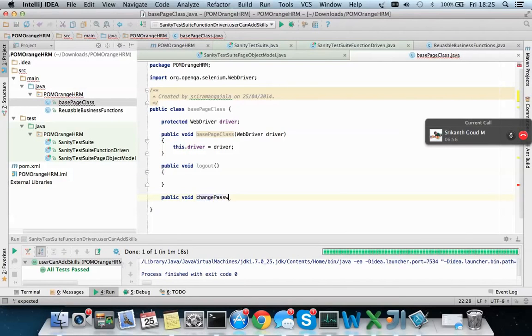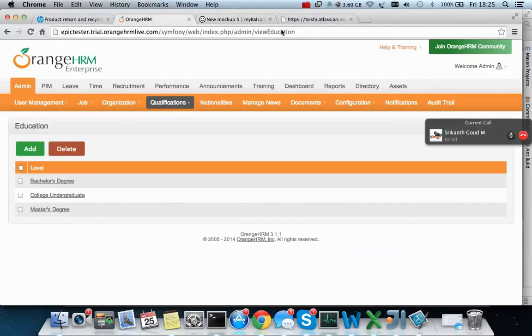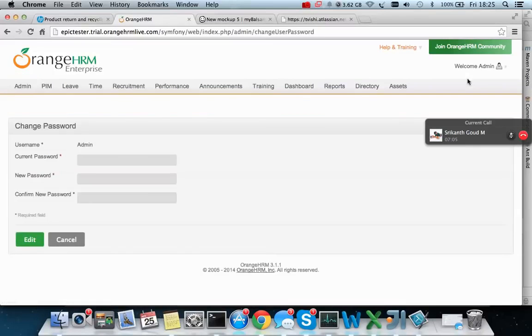Change password. So for change password, what are the inputs? What are the data required? I don't know. Let me have a look. So I mean, all the parameterization concept is important. What are the data that you are dealing with? You need to make sure that data is sent as a parameter, so that we can have all